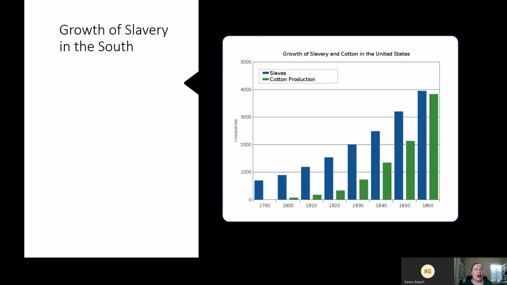So the South may have gone the way of the North in getting rid of slavery because it didn't make sense if they hadn't latched onto cotton as a production crop, right? So the long-term future of slavery was looking kind of questionable about the time of the American Revolution, because again, lots of issues with soil quality due to overgrowth and overcultivation of tobacco. But now once they find cotton and once they have the invention of the cotton gin to make processing easier, it's going to drastically increase. So the South, unlike the North, is becoming more reliant on slavery. At the same time, the North is moving away from it.